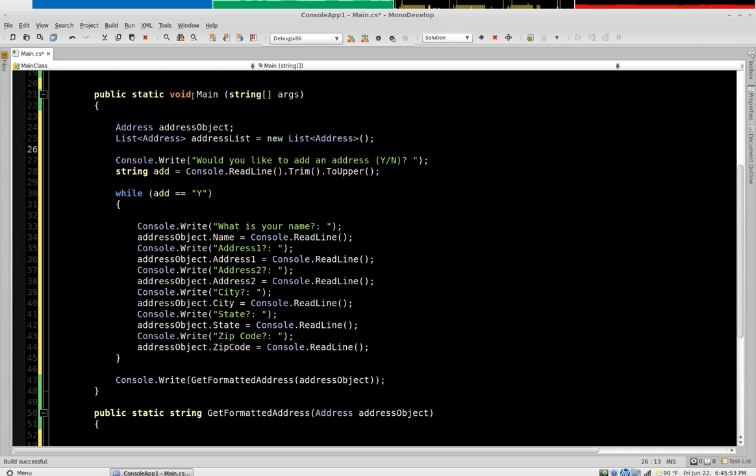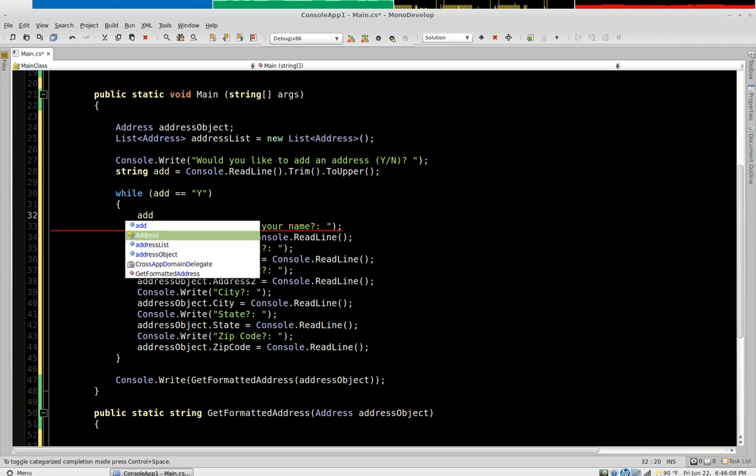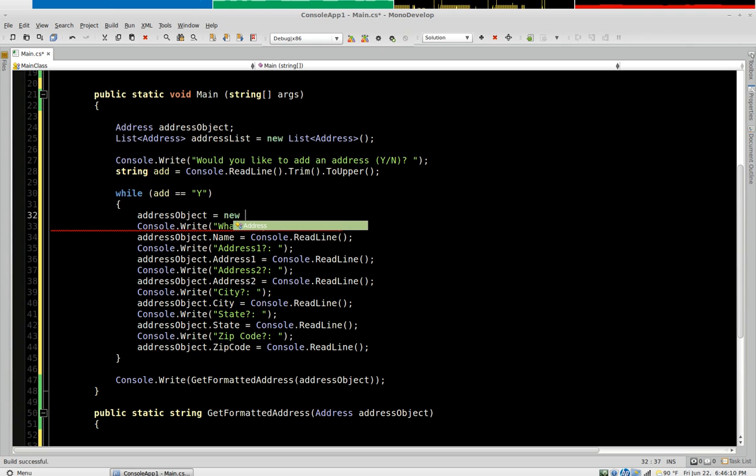We're just going to say we have a variable called address. It's going to store an address. We're not ready to put anything in that variable yet, and that's because we want that to only get populated within this loop. So within the loop, we'll say address object is a new address,